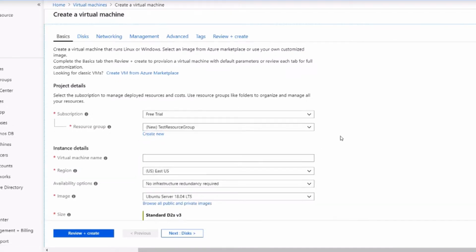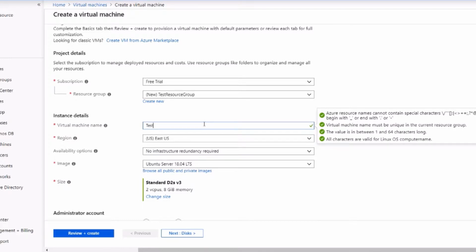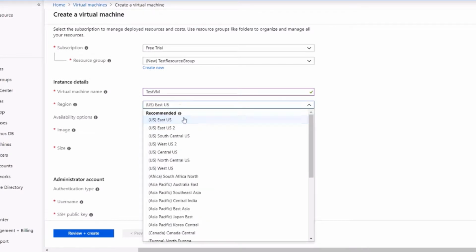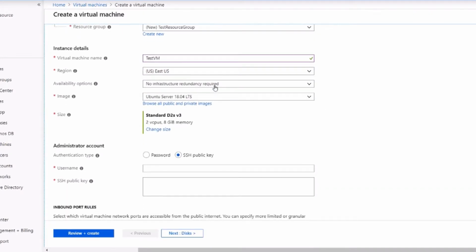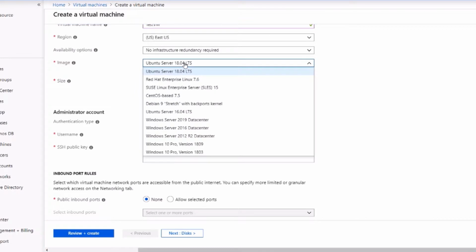Okay. Test VM. Cool. How many regions do they have? Interesting. Yeah, we don't need redundancy. Oh wow, that's cool. So they like have backup systems already kind of handled. Wait, cool. So what kind of